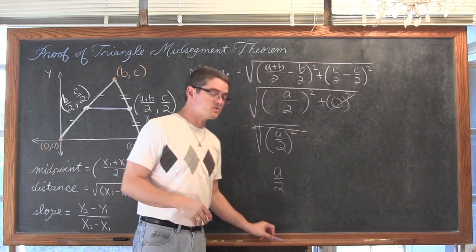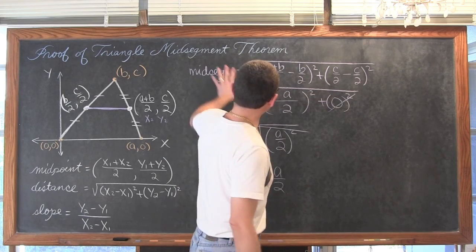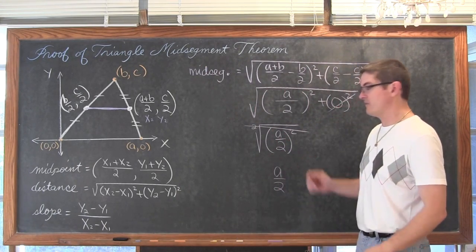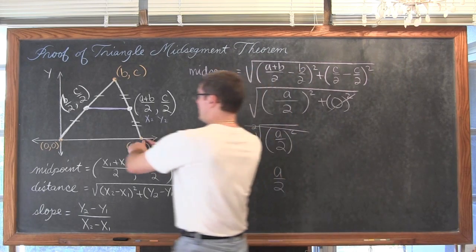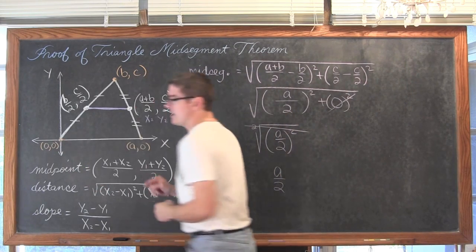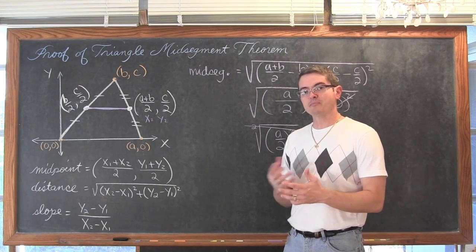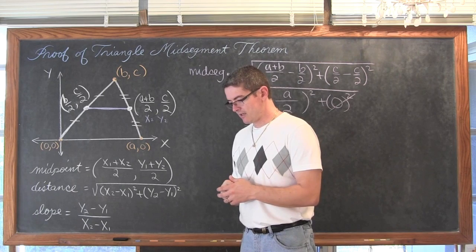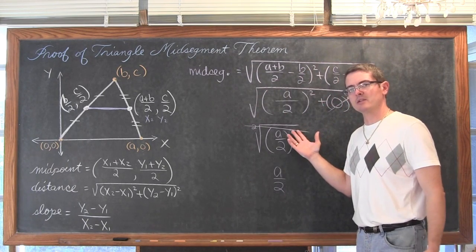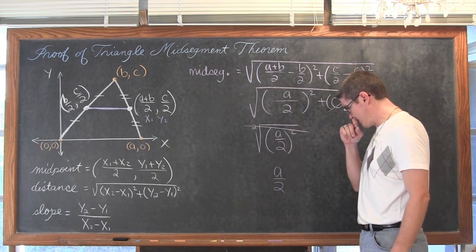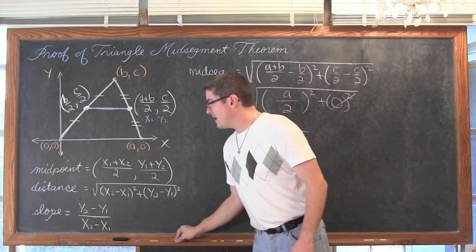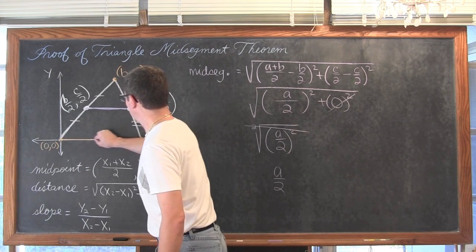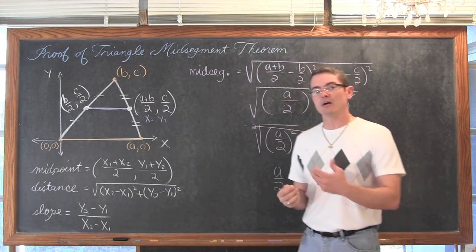Now I need to get this cleaned up so I have room for the last part of my proof, but I'm going to leave that information up there, that our midsegment has a length of a over 2. If we can prove that the length of this third side is equal to a, well then I've proven that the midsegment is half of the length. And, well, you know what? You just saw me work out a distance formula. Do I really need to work it out again? Can you find the length of a line that moves horizontally by simply counting out the points?